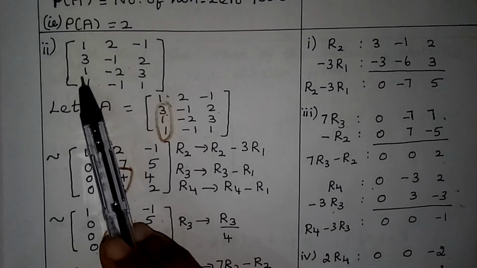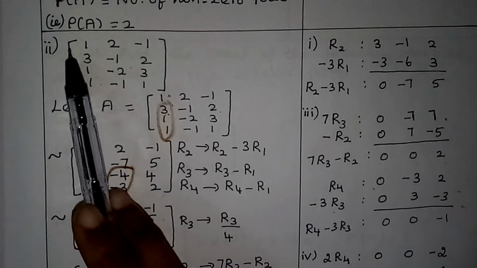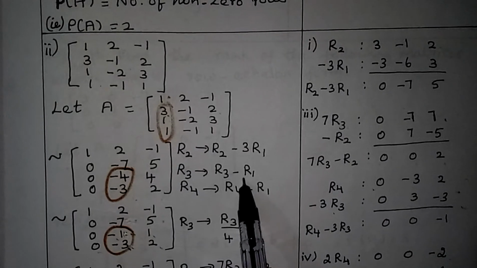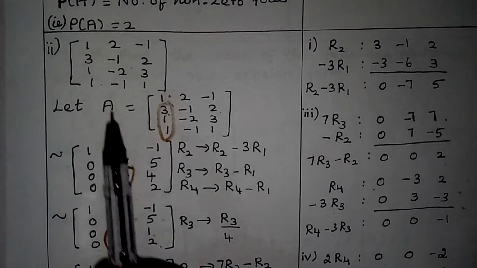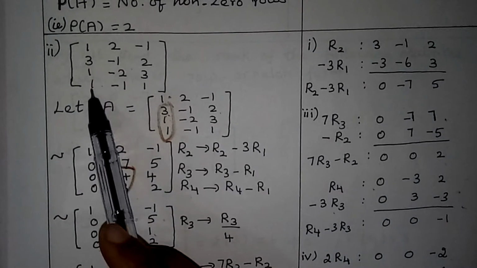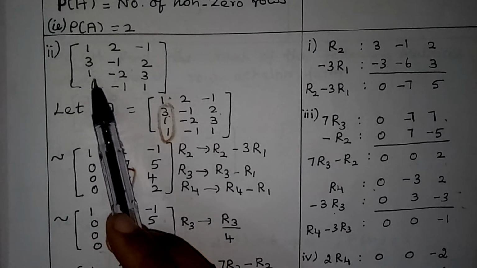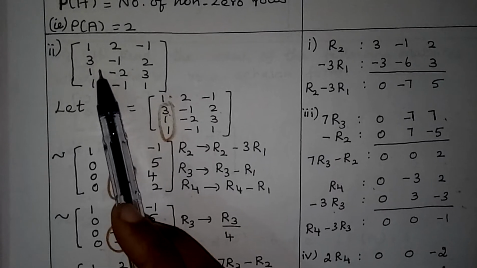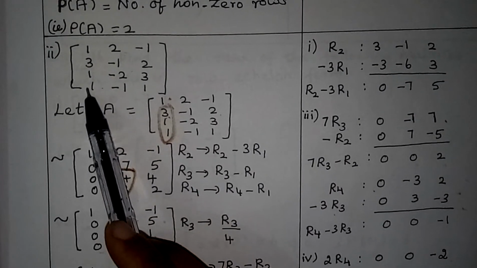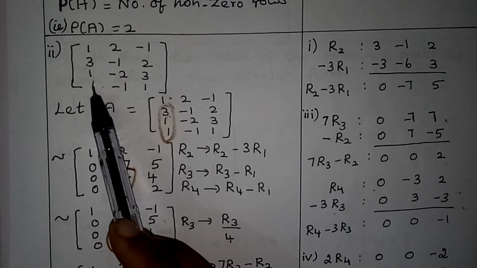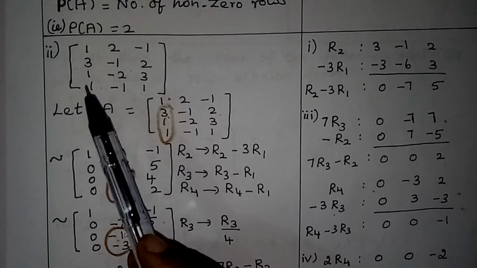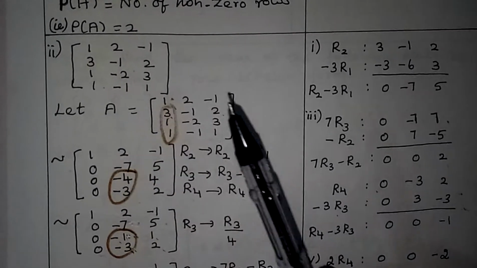And this R3, how can we change? 1 minus 1 is 0, isn't it? So R3 is R3 minus R1. Then R4 is R4 minus R1. Instead of this R4 minus R1, you can take it as R4 minus R3 also. But for R3, you should not take R3 minus R4. R3 as R3 minus R4 and R4 as R4 minus R3, like that you should not take. But for any one, you can subtract these two.